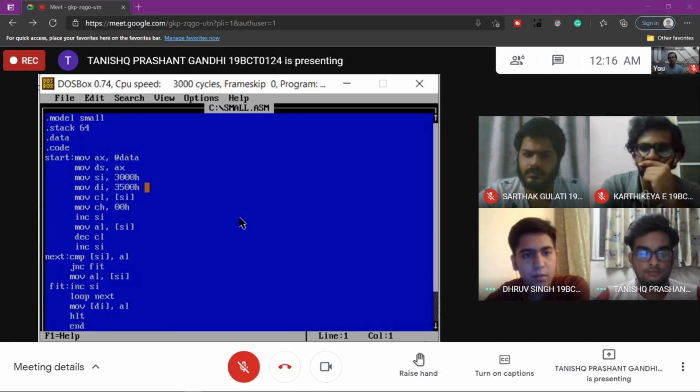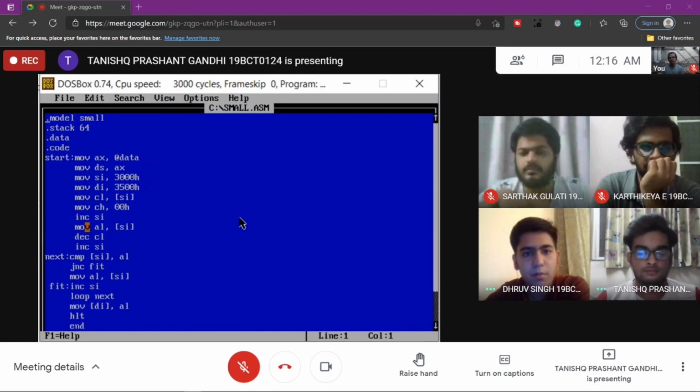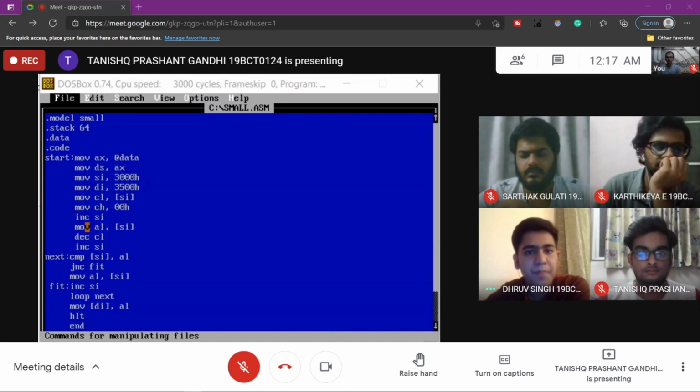So here, as we can see, the first command is MOV AX, data. The base segment of data is moved to AX, and then using MOV DS, AX, the base segment is moved from AX to DS, which is the data segment.